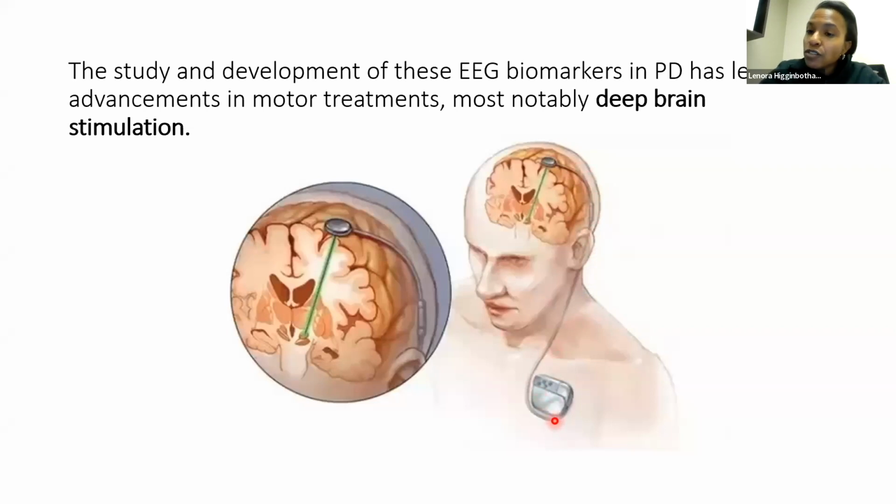And how we often use deep brain stimulation is to help with motor symptoms. When the levodopa, which is the dopamine replacement we use, may not necessarily be as helping the patient as much as their disease progresses, we turn to deep brain stimulation, which can often help tremor, slowness, and stiffness, and really improve motor symptoms. But now what we've learned, right, is that we have these markers that we can actually follow in the brain. So not only are we providing stimulation, but we can actually sense your actual brain waves with